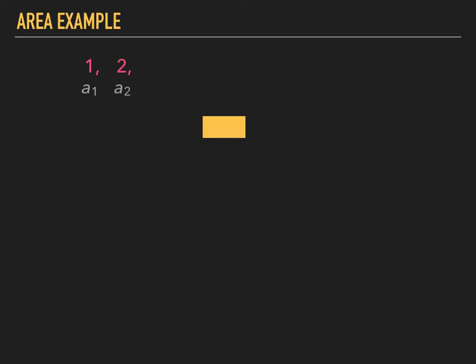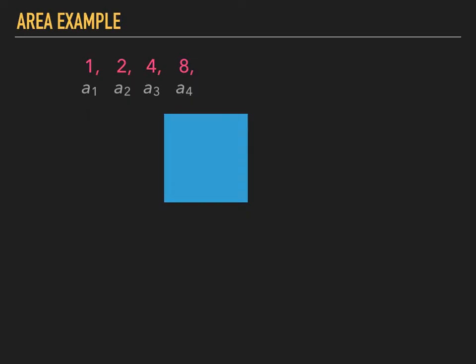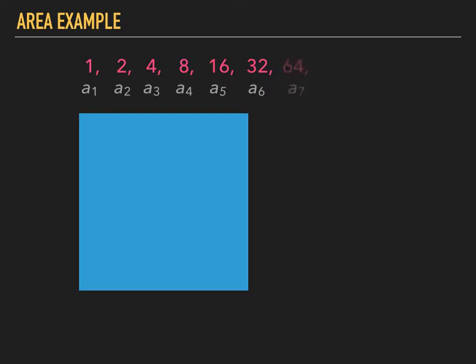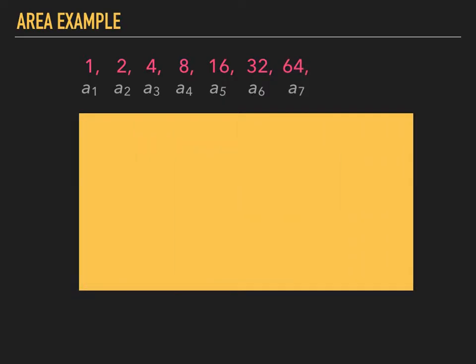Now I'm going to double this area to get 4. I'll double this area to get 8, and we'll keep repeating this process. When I double this area, I get 16. What will be the area of the next figure? It will be 32. Doubling that, we get an area of 64. And we have room for one more figure here on our screen, and we get 128 as the 8th term